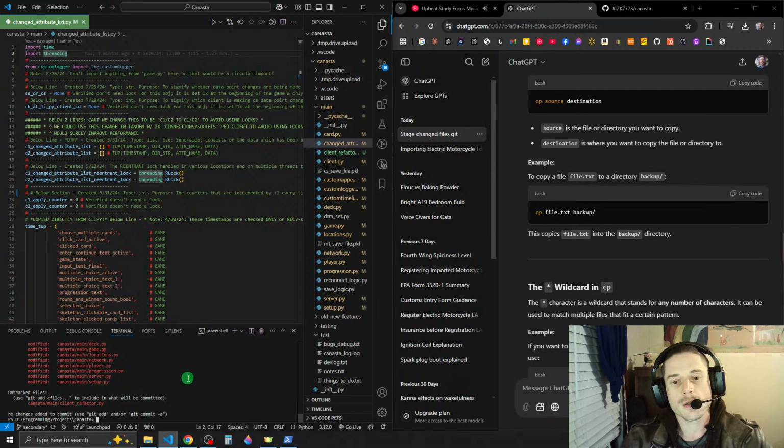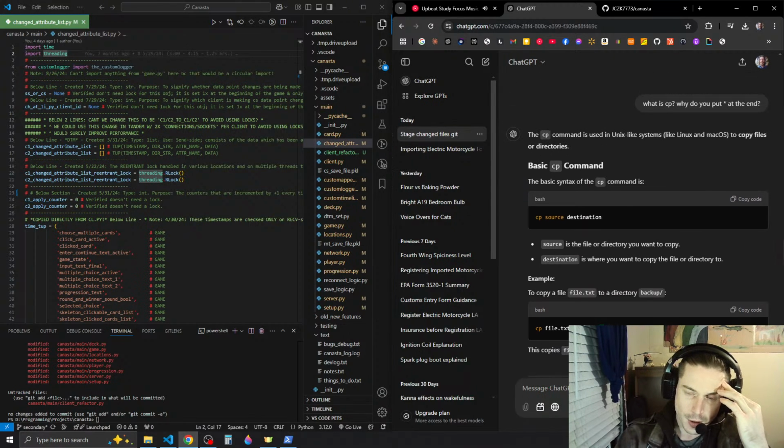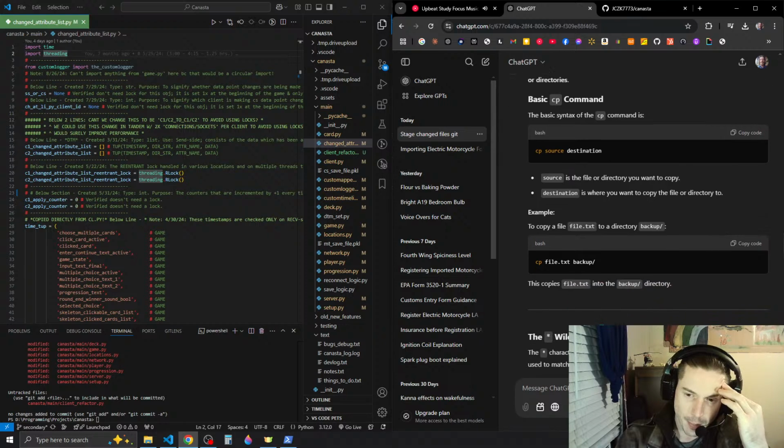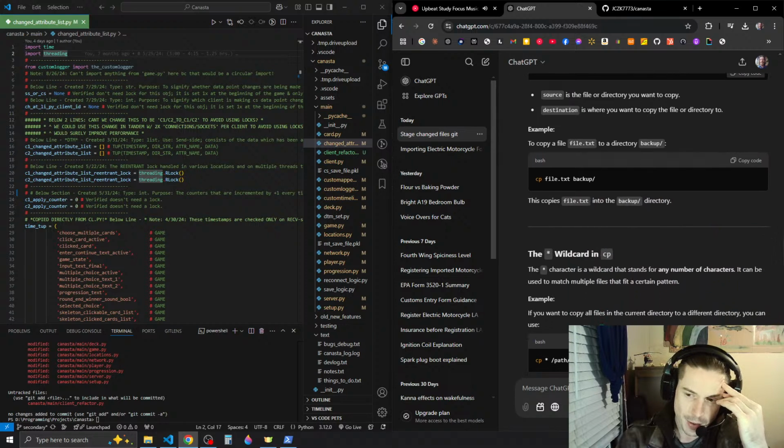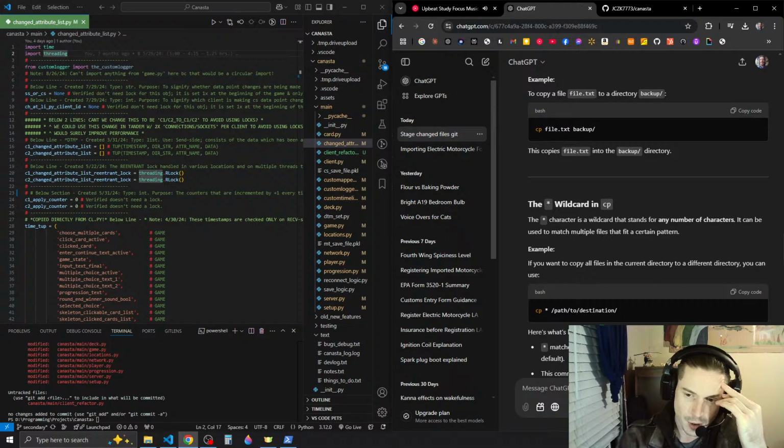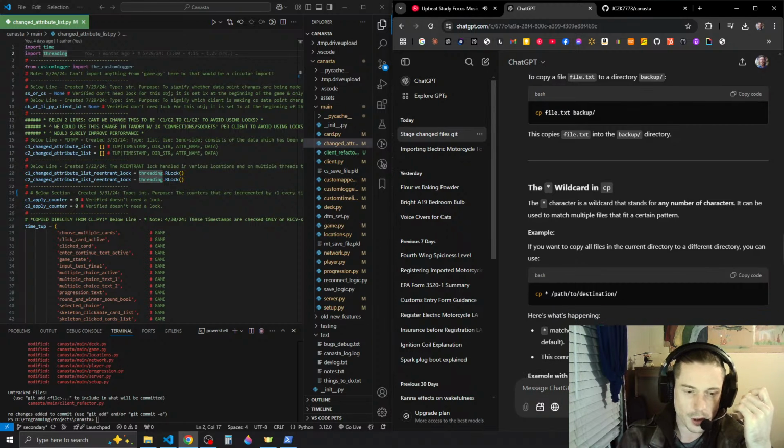All right. So, lastly, let me read this. The cp command is used for copy: source, destination. It copies a file into the backup directory. The wildcard asterisk stands for any number of characters. It can be used to match multiple files. If you want to copy all files in the current directory to a different...